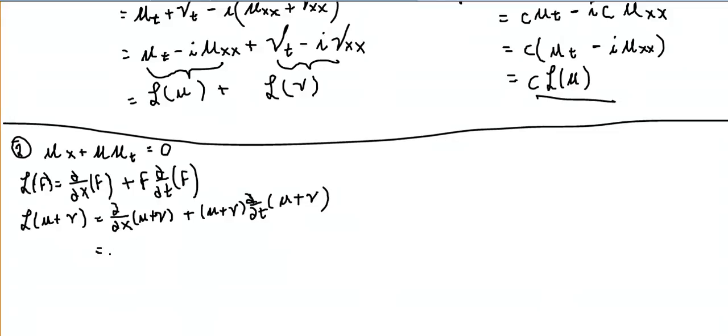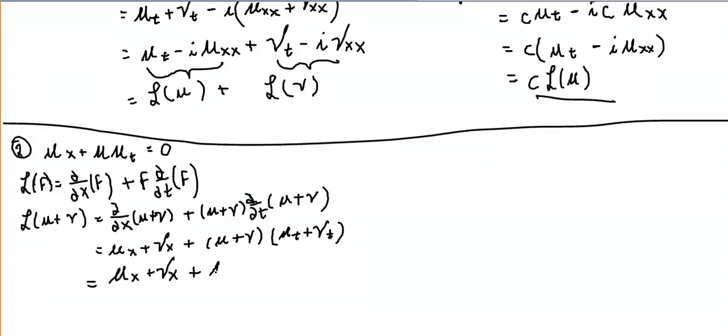So this would just be equal to u_x plus v_x, plus these two stay the same, which is u plus v times, the partial derivative with respect to t acting on u, which is u_t, and acting on v, which is v_t. And so now I notice I have a u_x, a v_x, and I can just distribute these two terms, double distribution, u_x plus v_x plus, I get a u u_t,